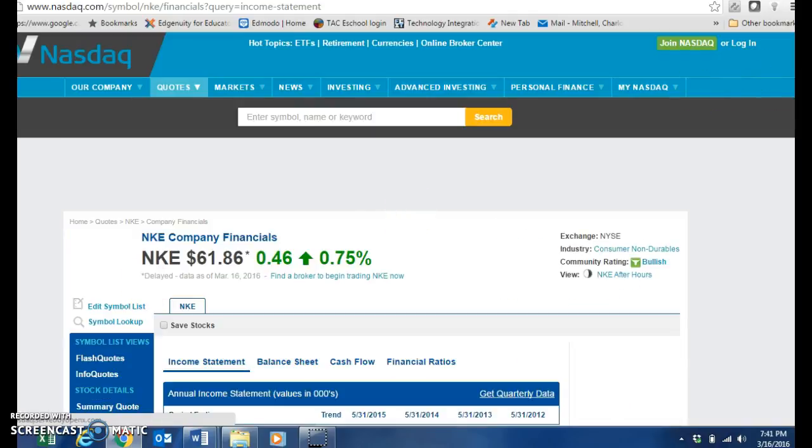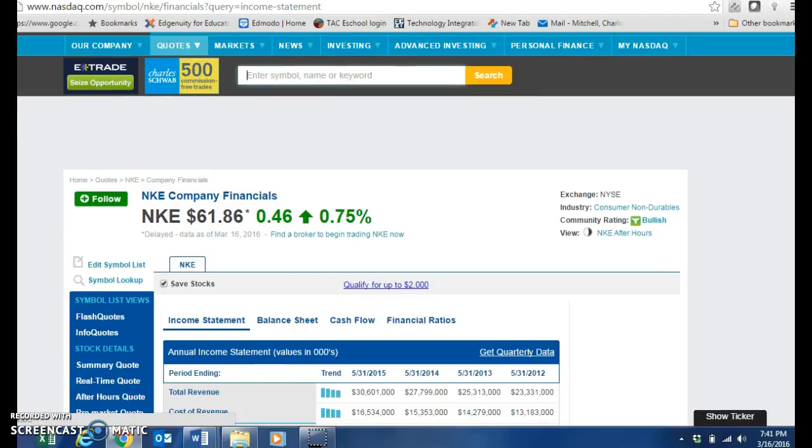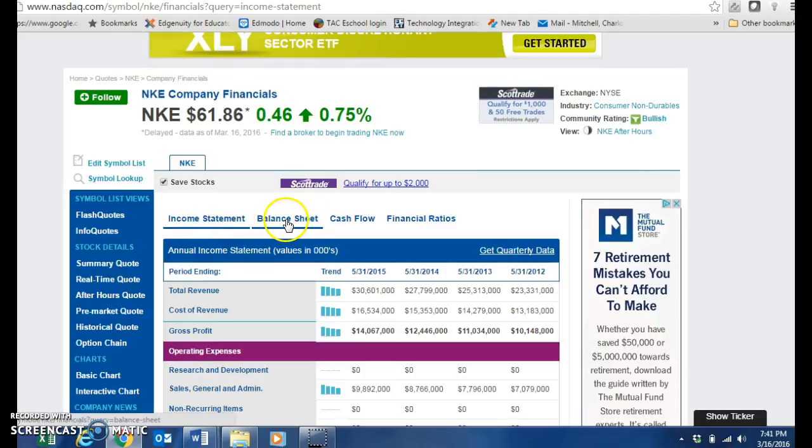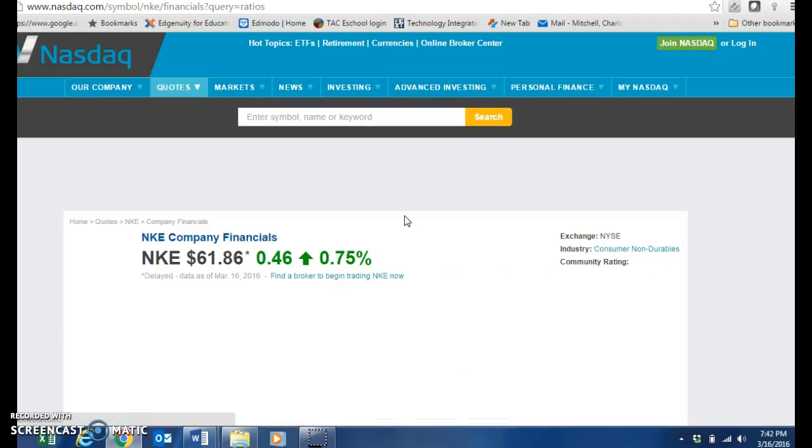I'm going to scroll down a little bit more. We have to be patient because these computers are old and they just can't keep up with how we think. So here we go. Here's the income statement, the balance sheet, cash flow, and voila. Take a look at this, financial ratios. So Standard 8, I'm going to be asking you to take a look at the income statement, define the balance sheet. We won't work too much with cash flow, but I want you to take a look at the financial ratios. So I'll click on financial ratios,